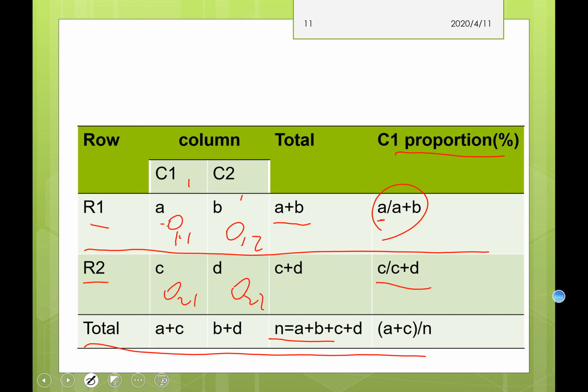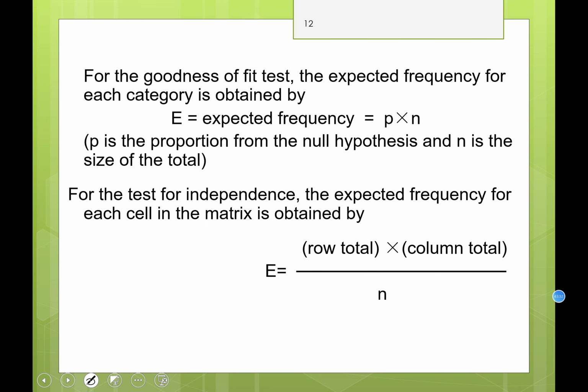That means we have A plus C patients for C1 level, and B plus D for C2 level, and there are n patients in this group, and we can find that the C1 proportion should be A plus C and then divided by n. Is that right? Okay, so here